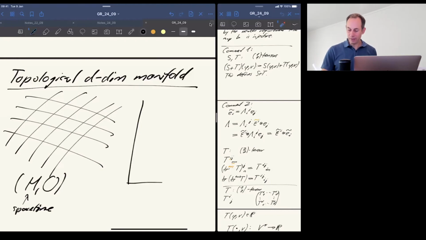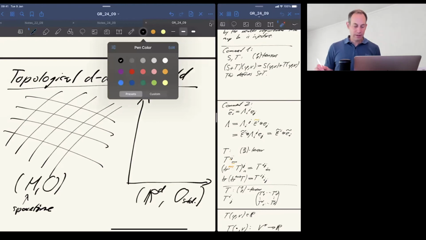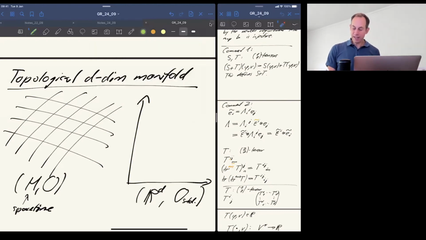Now, the point here is that we want to say it's locally isomorphic to, or locally similar to, R^D. R^D is the d-dimensional space that we have with the standard topology. So if I write here O standard, I mean the standard topology I mentioned before. And now the requirement is the following. If I take any event, so any point in space-time, and I look at a set U,